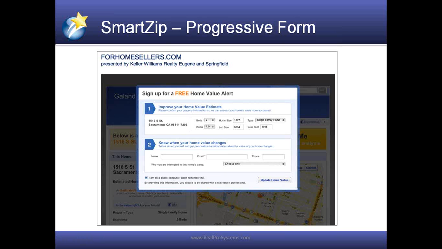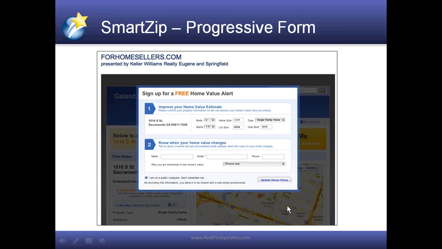So basically what we're saying is, here's a tease, here's all the information. Oh, by the way, make sure this information is correct and tell us who you are. Then they're telling us who they are, and we've got their information. We gave them the information before we asked who they were, rather than asking who they were and then giving them the information. And you can see that people are much more likely to fill this form out than they would the other ones.